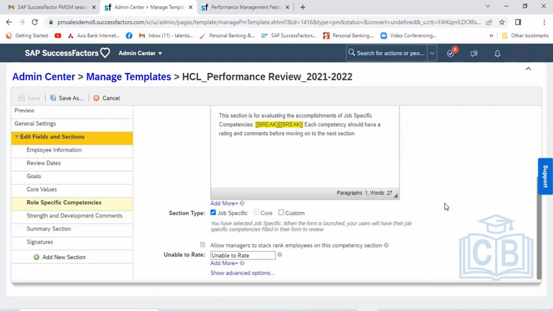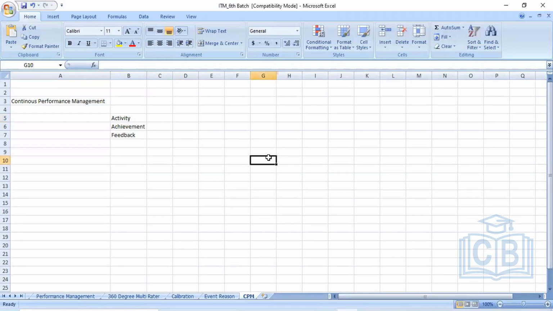And this HR role, you will have a job family, and then you will have a job role, and then you will have a job code.